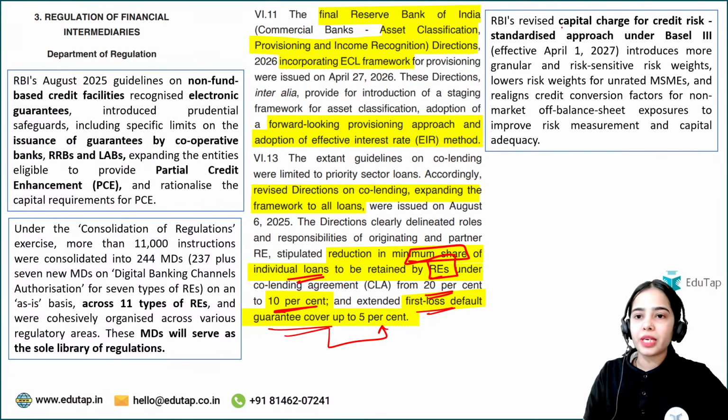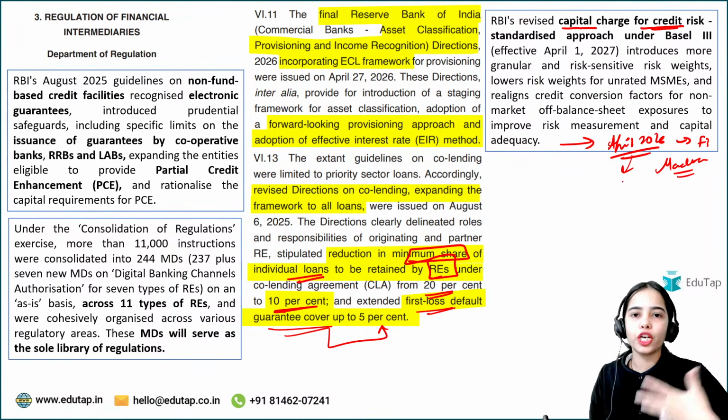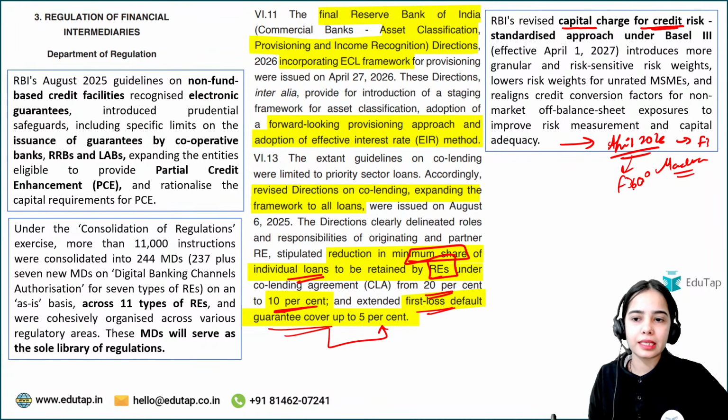Next, RBI's revised capital charge for credit risk. This is the direction that has been released again in April 2026, but we have to discuss it. We will discuss it in the marathon session, or we will discuss it in detail. If I get to take a separate Finance 360-degree session, then I will discuss this with you, because this is